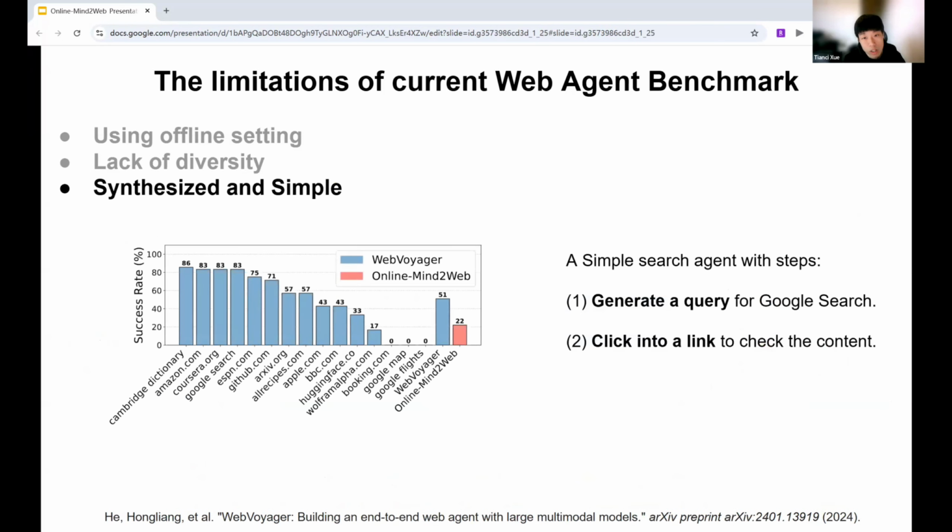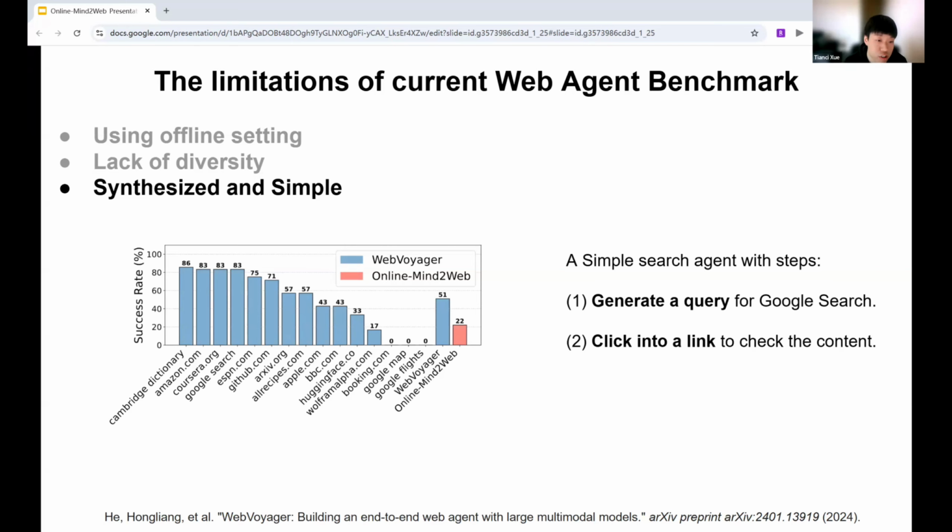WebVoyager is the most widely used benchmark. However, it synthesizes tasks using a large language model, which may lead to simple tasks and a lack of diversity. To quantify this observation, we develop a simple two-step search agent. First, it generates a query for Google search, and then it collects a link to check the answer without performing any further actions.